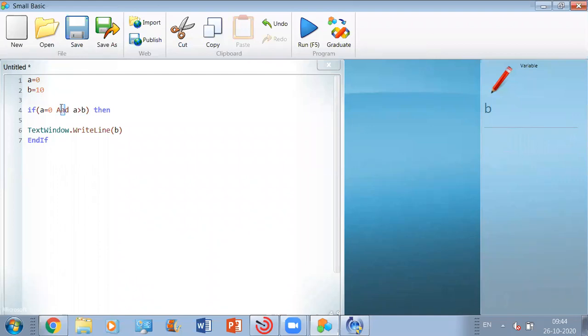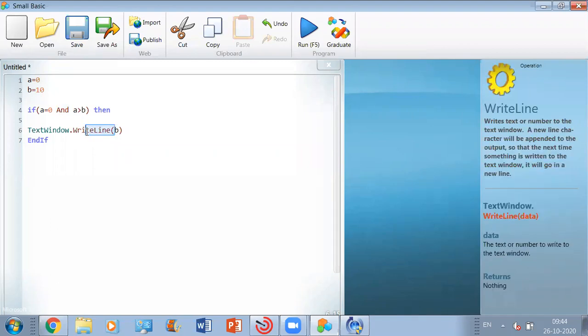Because one condition is false and one is true, actually this operator is controlling the text window right now. It is the one making sure that these two conditions should be true. If one of them is false, then this is the one which is not going to let this output be seen by the user.